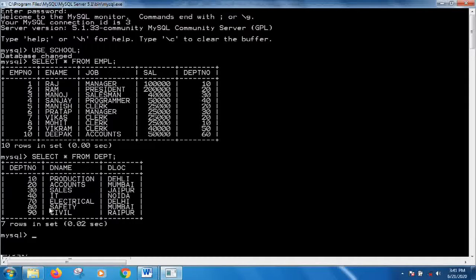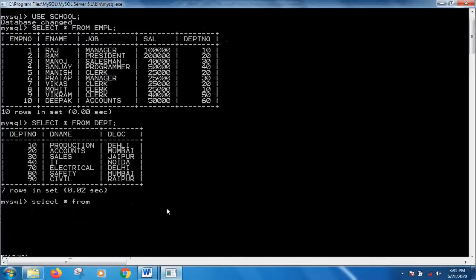Now if I try to do the left join between these two tables: select star from EMPL E left join department D on E dot department number is equal to D dot department number.